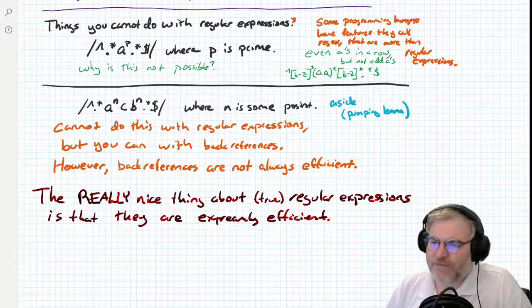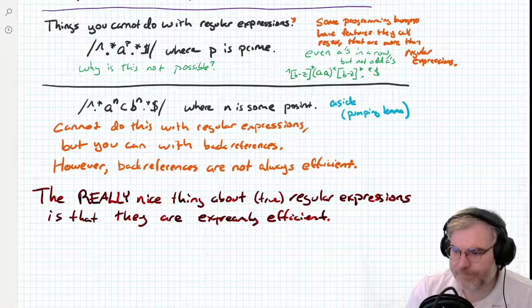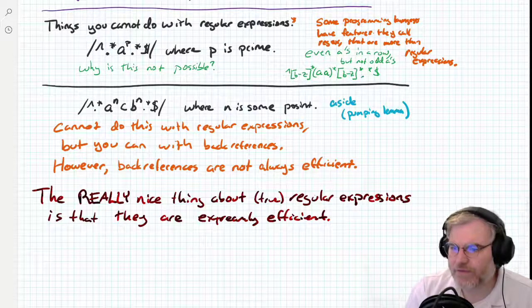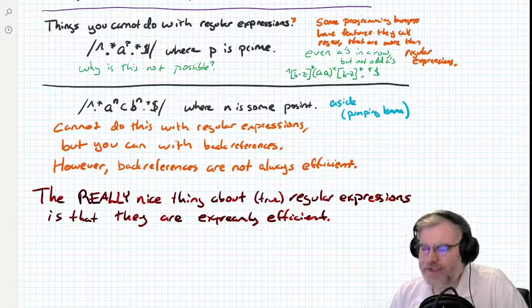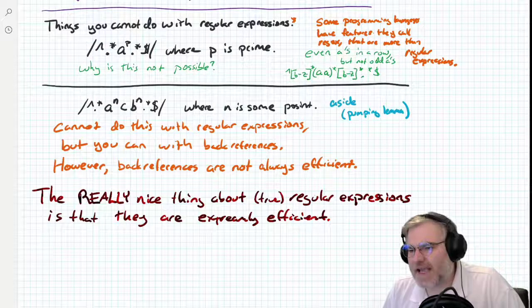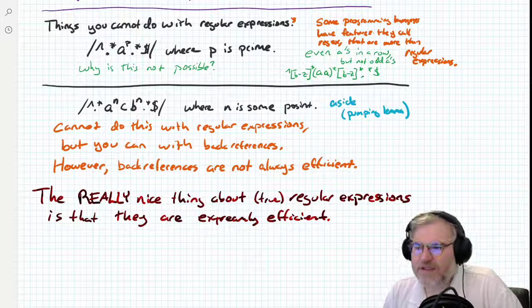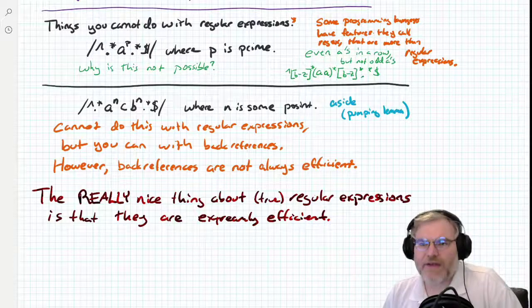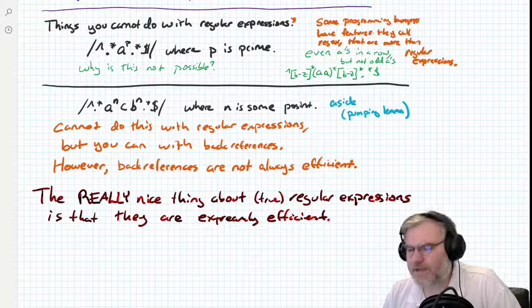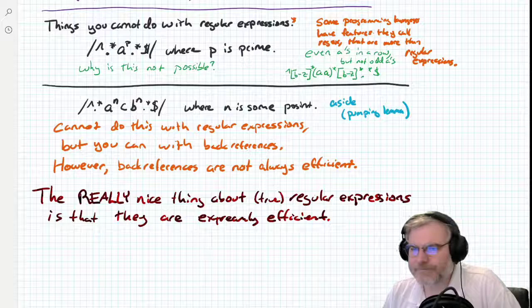So 1 to 5, how do we feel about that? The whole point is that these things are really, really efficient, and I can use them in my programming, and they're not going to cause trouble. I can do preg matches, or whatever, and they make my life happy. They're easy to compute for the computer, et cetera, et cetera.